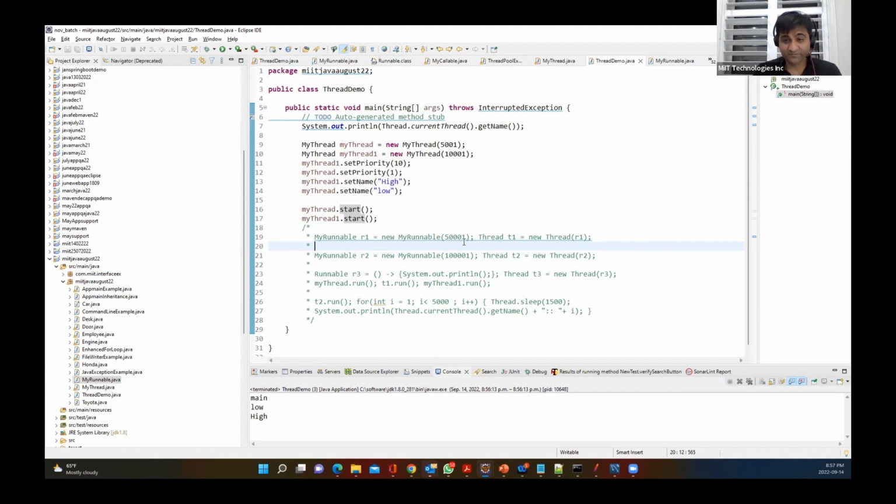It is working, but priority is always there whenever two or multiple things are happening at the same time. If you are the only one, then there is no priority, whether it's a 1 or 10. Okay, so this is the priority. Then the last thing is